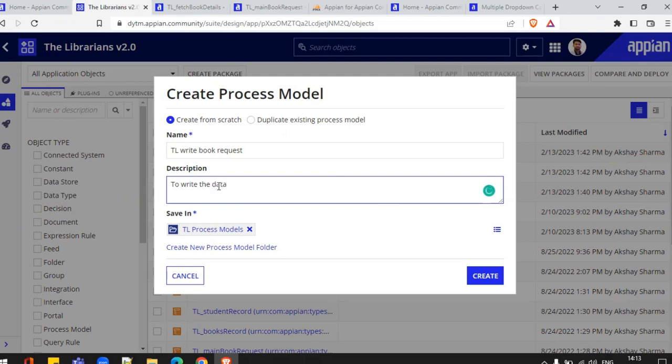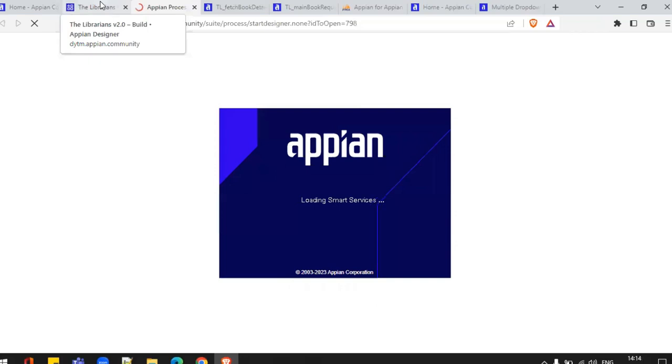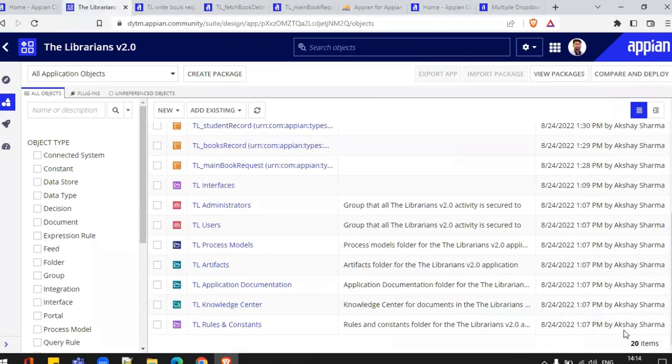to write the data inside book request table. I'll create this. I'll give the security, which is already selected. I'll click on save. So this is the first process model which we are creating right now, and we have right now 20 total